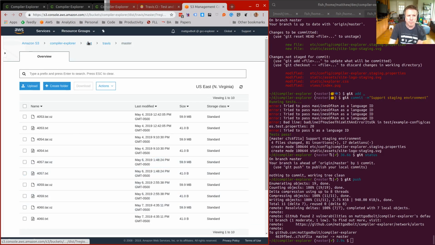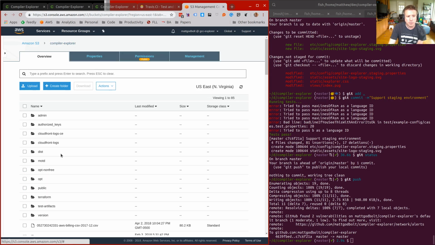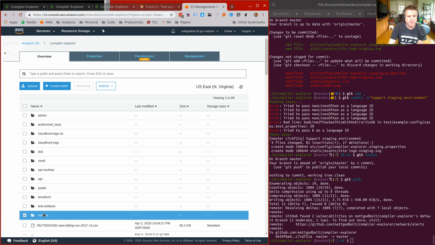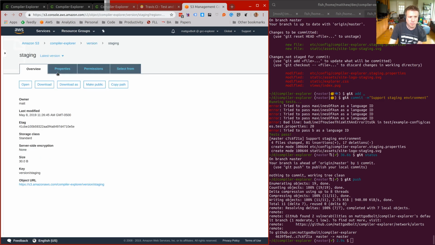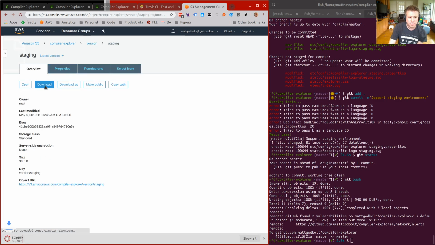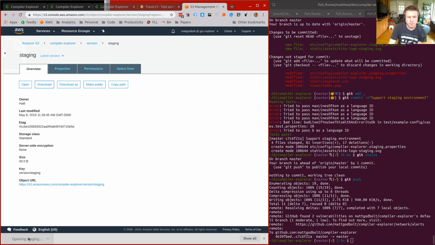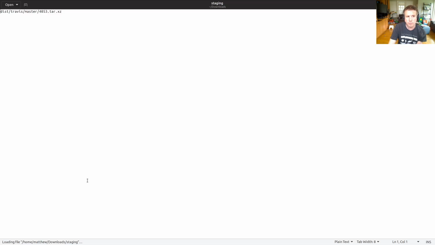And then we will be updating, using the tool, that version staging file. Now, if I were to click that now and download it, it's a very exciting file that just literally tells you the path to the particular tarball that the setup scripts and whatever are going to run.